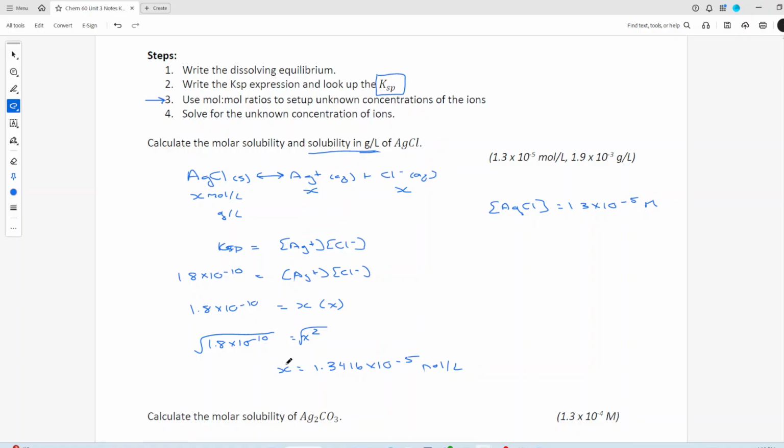I just had to think that through. So this is 1 mole, which is always going to be 1 mole breaking down. So we're going to convert this into grams per liter. So we know that 1 mole of the